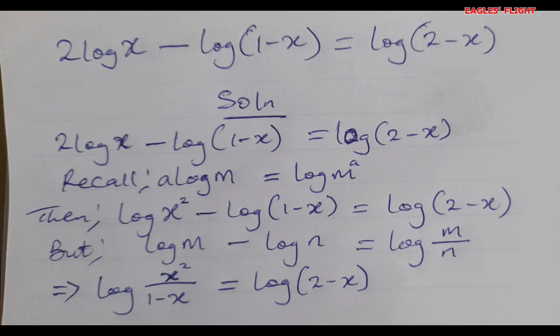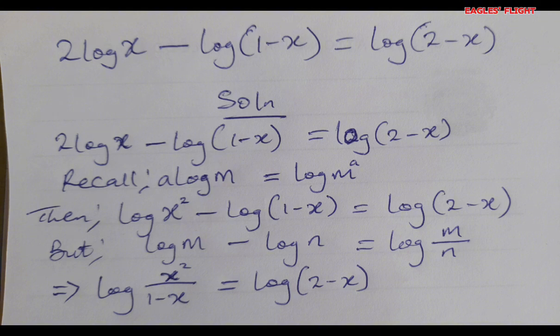On both sides we have logarithms, so we can cancel the logarithms out because they are of the same base. Take note of this: in this given question, they didn't specify a base for the logs. In as much as no base is specified, we are working with base 10. So we have log of x squared divided by